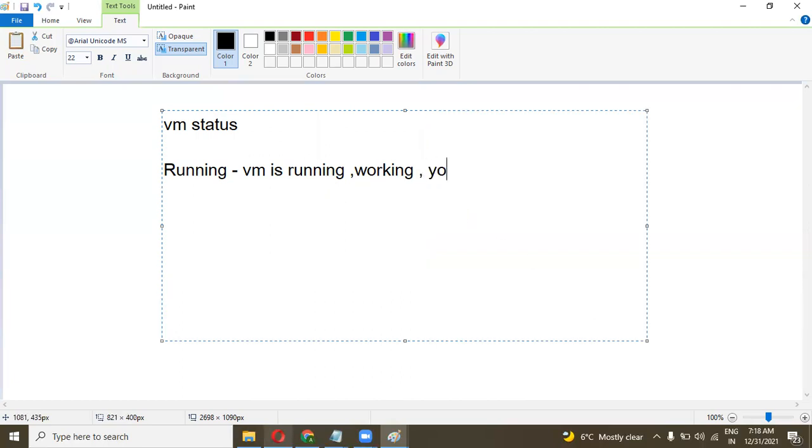And also you have to pay charges. Another one is stopped, which means the VM is shut down from inside. The charges are the same as running.